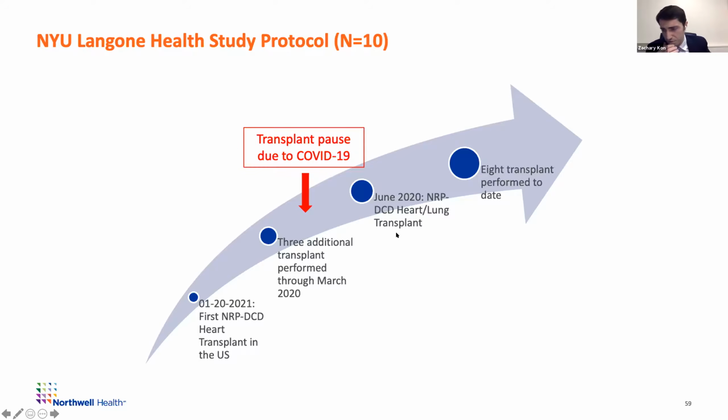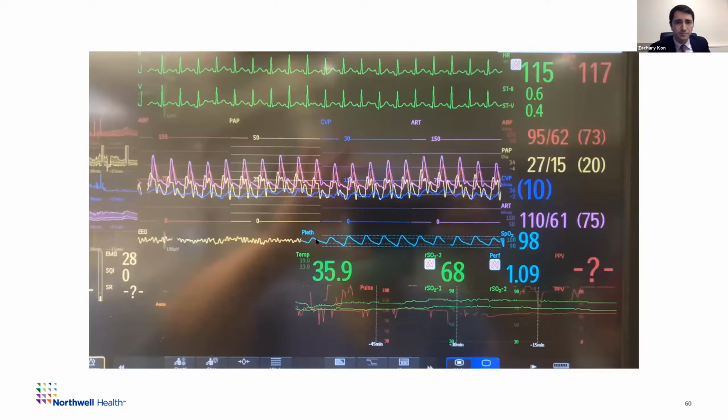In June of 2020, we were able to start transplanting again, and we proceeded to do our first heart-lung transplant via NRP DCD. And this went to a status 5 patient who was never, ever going to, I think, get transplanted otherwise. So I think this was a really beneficial approach to get her transplanted. She had a rough course, admittedly, but otherwise she just would have sat on the list till she got quite a bit sicker. And today we've now performed 8 transplants via NRP DCD protocol.